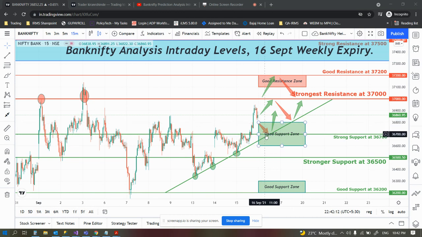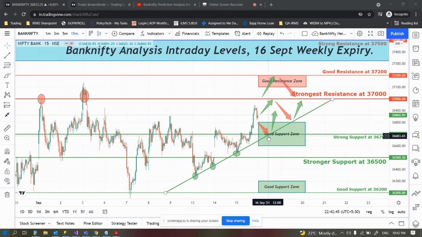or if it comes down to this particular level and holds, that is, it is testing this particular trend line or support line, then there are more chances that it may break down as well. So you should keep an eye on whether the market holds on this particular level, that is 37,000 level, or this support trend line, or at this particular point where I'm highlighting with the pointer. Okay, just keep these points in mind.